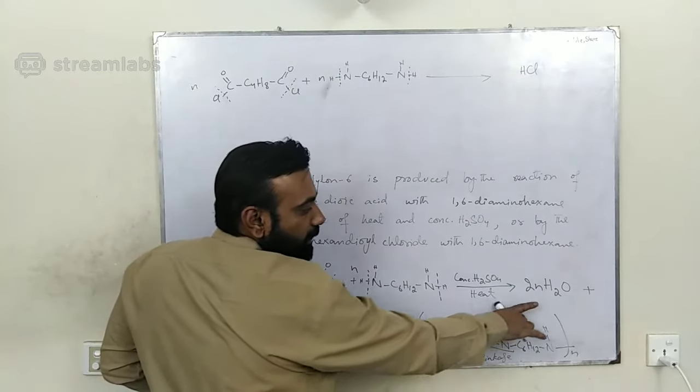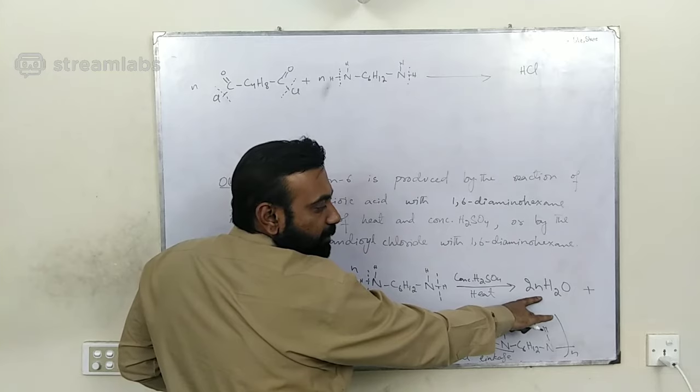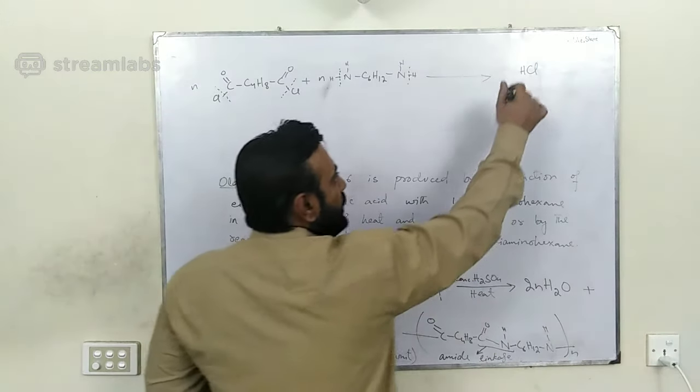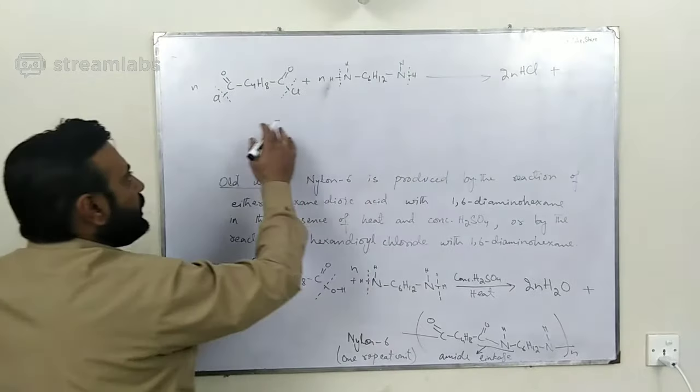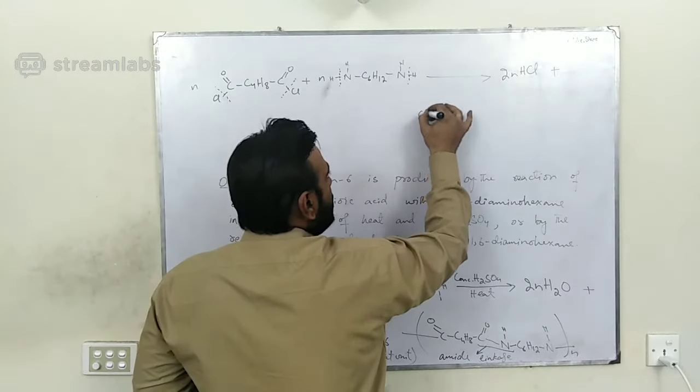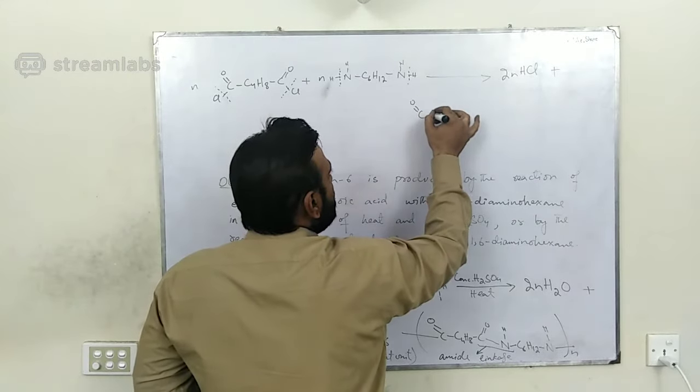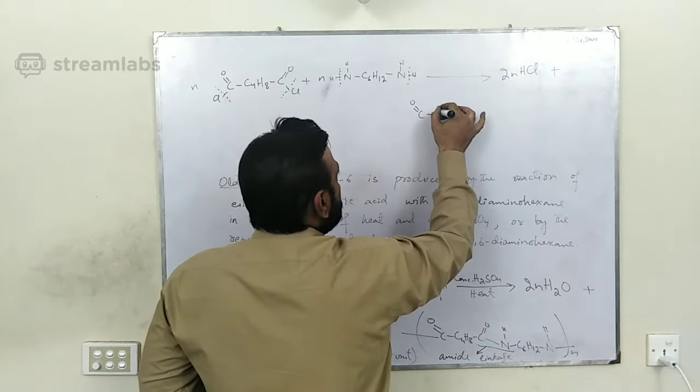I forgot to balance the equation. Please put a 2n behind this water. Similarly, 2n HCl will also be formed in this reaction, and the remaining parts of the molecules will link up with each other